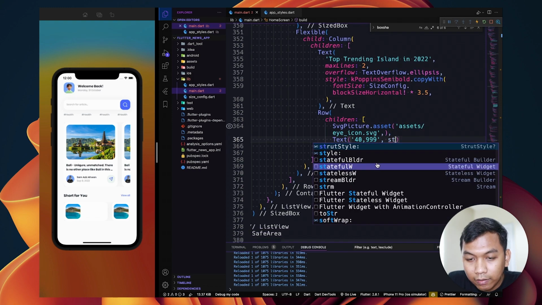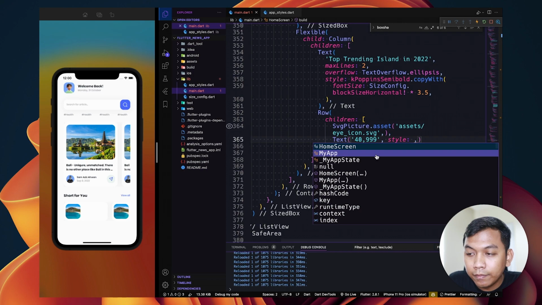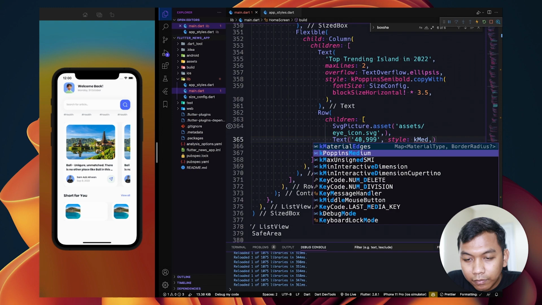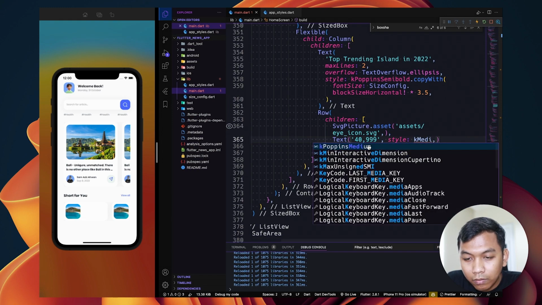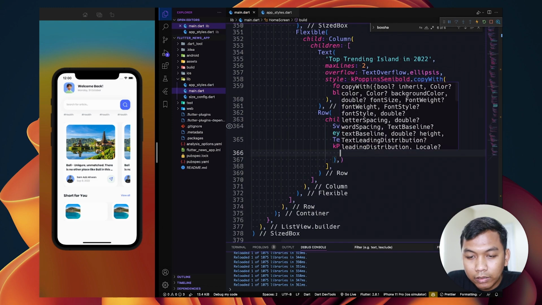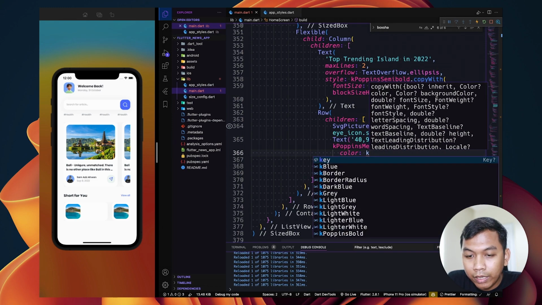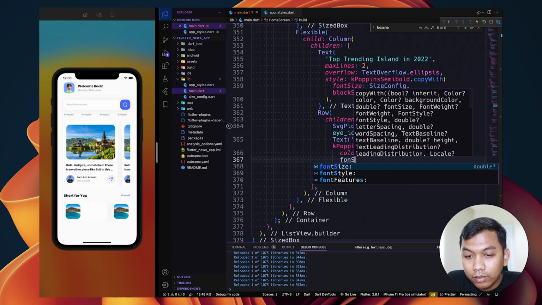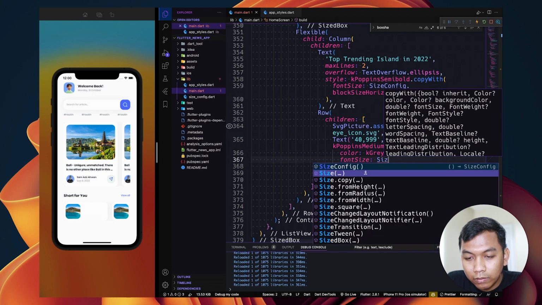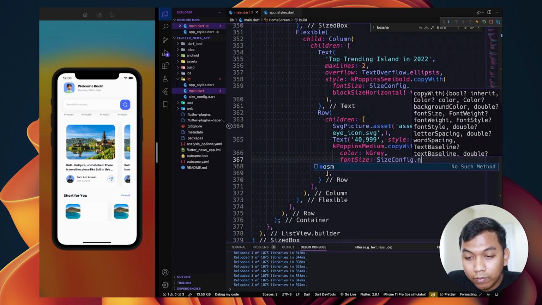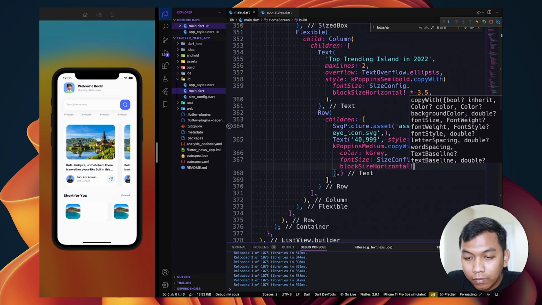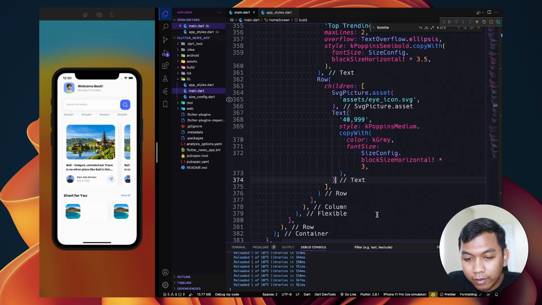And for the style will be medium, and change the color will be gray, and change the font size will be 3. Alright.